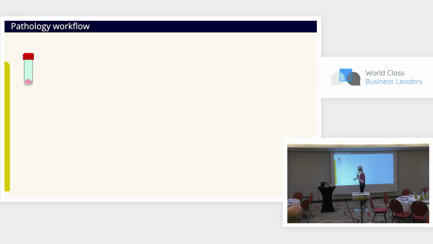So it usually starts with some tissue. So not with some insects or whatever else people might think about when watching CSI. It usually starts with some tissue, and the question is if this tissue is, for example, a tumor, and if so, is it a malignant tumor or a benign tumor? That's usually the question. And this tissue is then so-called embedded. First of all, it's placed in formaldehyde, and then it's embedded in wax, so that it will be pretty solid. And so we can then cut very fine